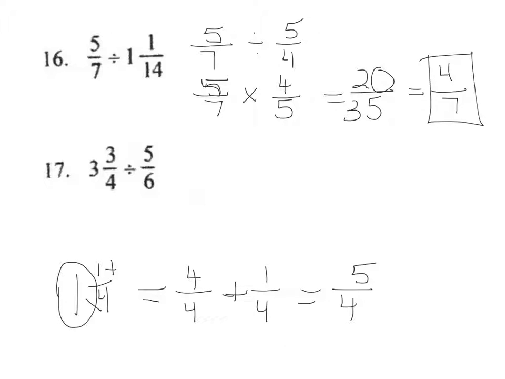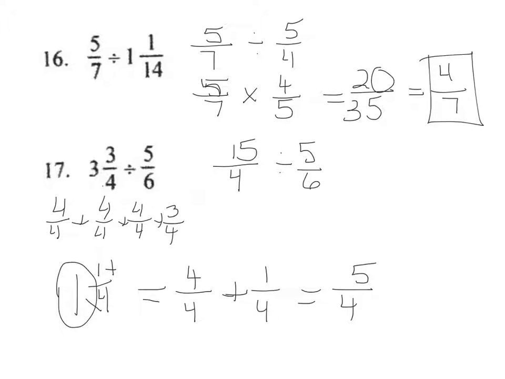Okay, next we have to change this 3 3/4 to an improper fraction. So once again, think about it as 4/4, because that's a whole, plus 4/4, plus 4/4, plus 3/4. So that would give me 12, plus that 3 would give me 15. So I have 15/4 divided by 5/6. But once again, we don't want to actually divide. We're going to multiply by the reciprocal, so 15/4 times